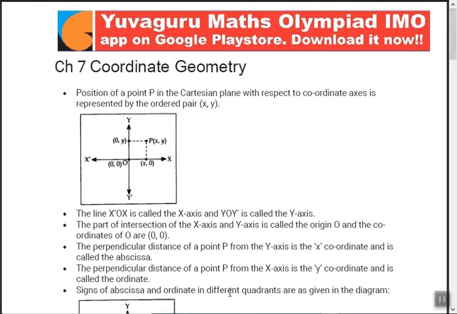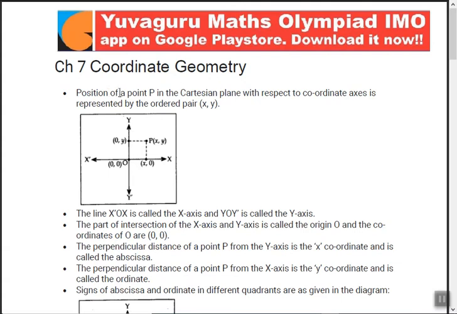Position of a point P in a Cartesian plane with respect to coordinate axis is represented by the ordered pair X, Y. Firstly, what is Cartesian? Cartesian means X and Y, which has X and Y coordinates, is called Cartesian. Then you'll ask, if this is Cartesian, then what is the other thing? Other is called polar. We don't have to study polar now. In polar also you can locate something, that is by angle theta and the length of the arm, so theta and r. But that is not for our study now. So we'll focus only on Cartesian.